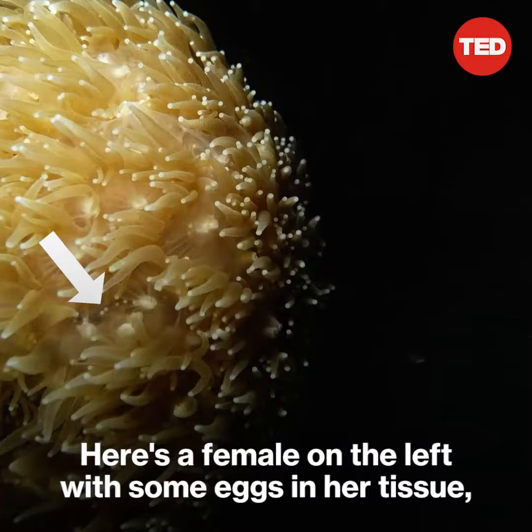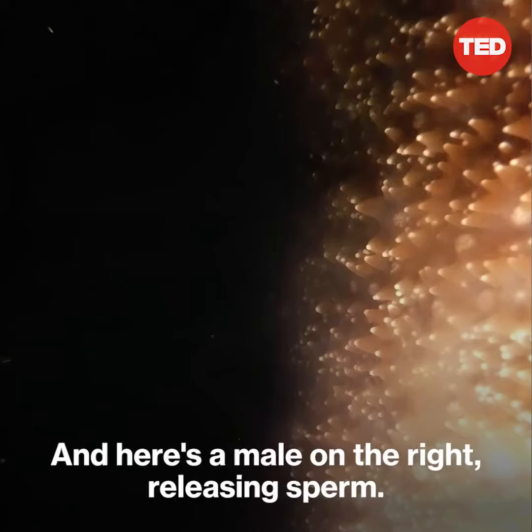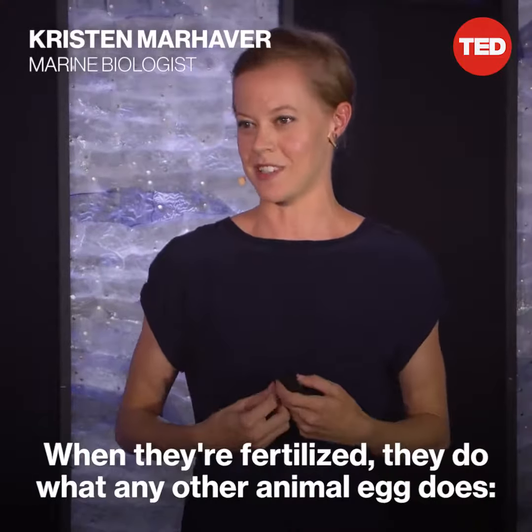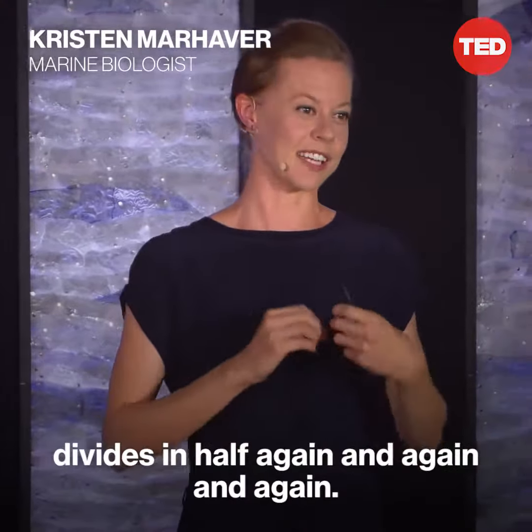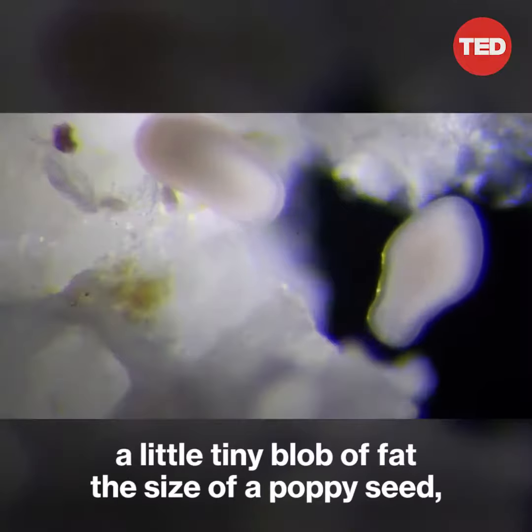Here's a female on the left with some eggs in her tissue about to release them into the seawater. And here's a male on the right releasing sperm. When they're fertilized, they do what any other animal egg does. It divides in half again and again and again. At the end of all this cell division, they turn into a swimming larva, a little tiny blob of fat